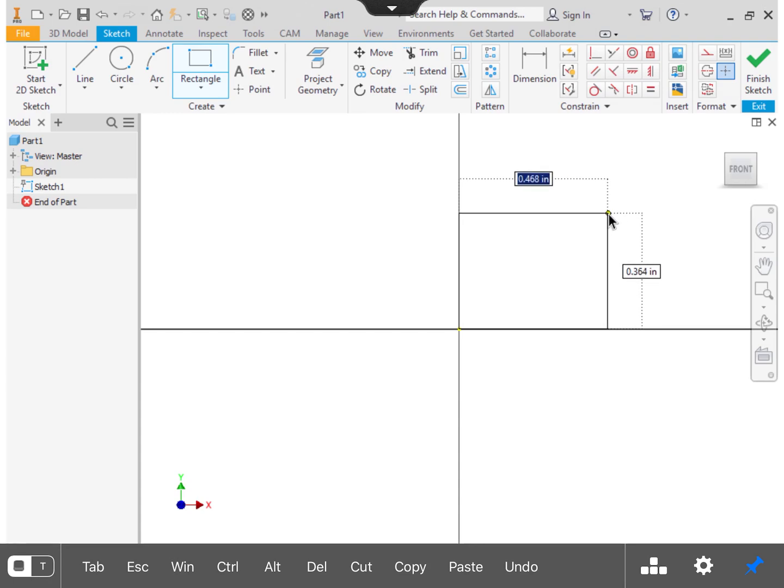Here's where we need to type some things in. I want to tell it specifically how wide it is supposed to be. On my screen, you'll notice it's highlighted blue and it keeps changing as I move this. So what I'm going to have you guys do